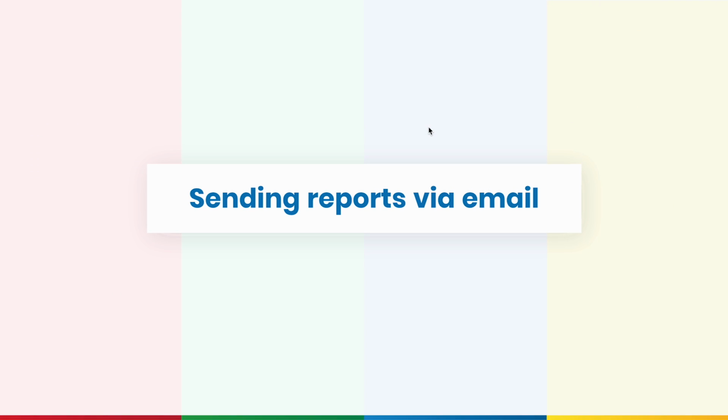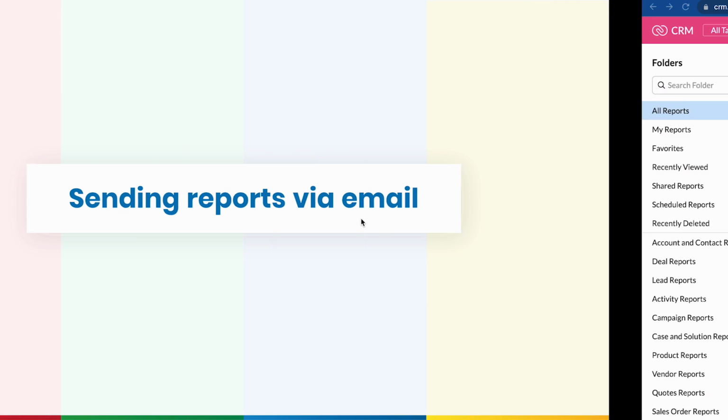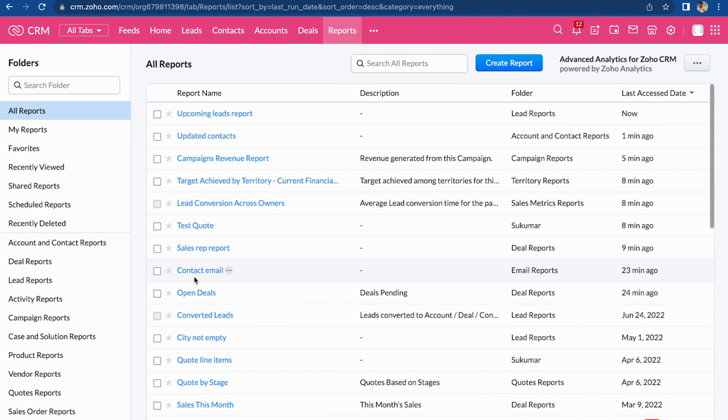Now, you can share the reports with other members of your organization via emails so they can view and analyze them. You can either share them immediately or schedule the email to be sent at a specific time and date. To share reports via email, choose a report,